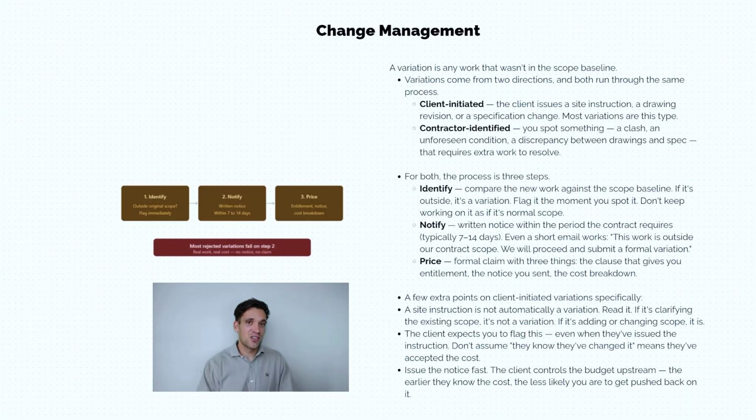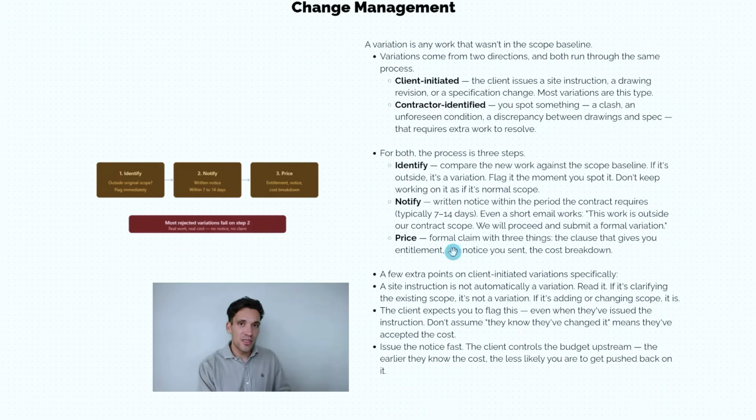The second thing they could disagree with, they could say, yep, we agree that's a variation, but we don't agree on the cost and time impacts. So really, both of these variations are going to more or less follow the same process where the variation gets identified either by you or your client. You put in some sort of notice to say, this is a variation and we need to assess the cost